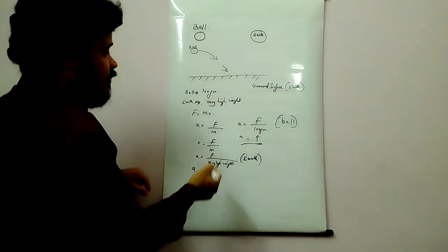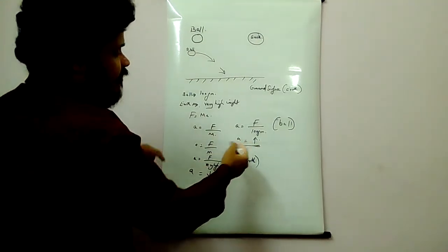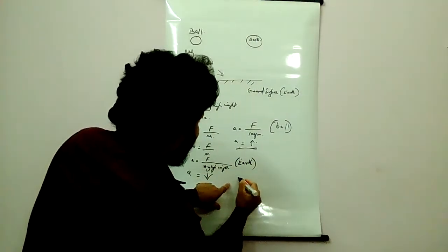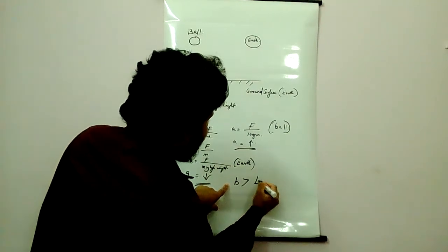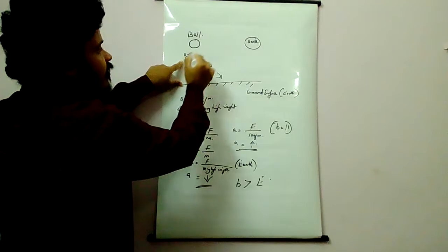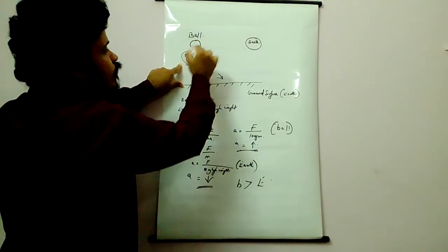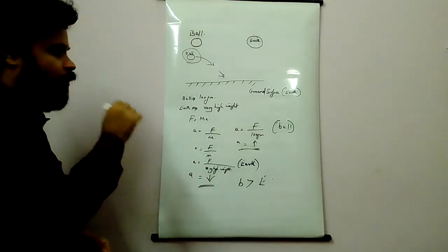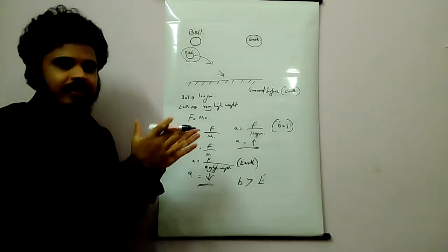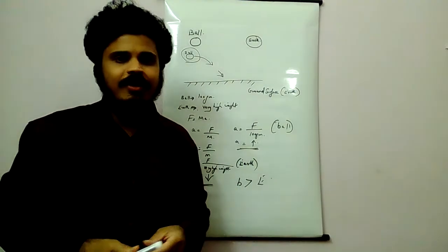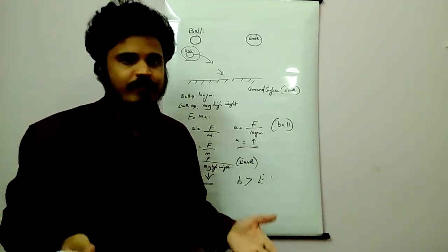So when we compare both, the acceleration of the ball is greater than that of the earth. Since the acceleration of the ball is higher than the earth's, the ball will fall onto the earth. This is what happens behind gravity. I hope you all understand. So that is the basics of gravity.